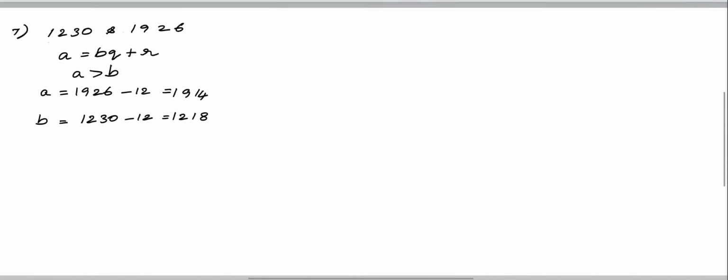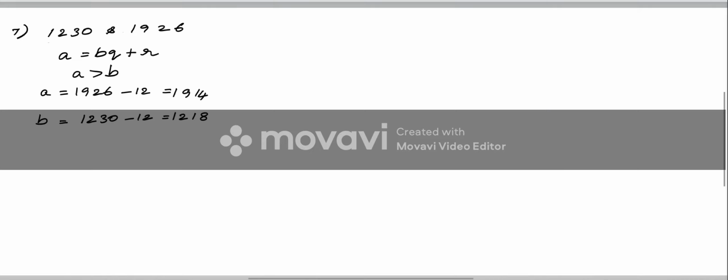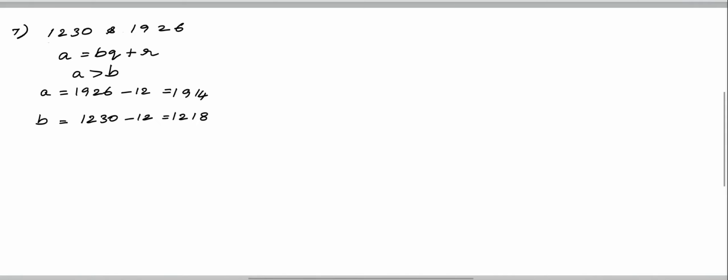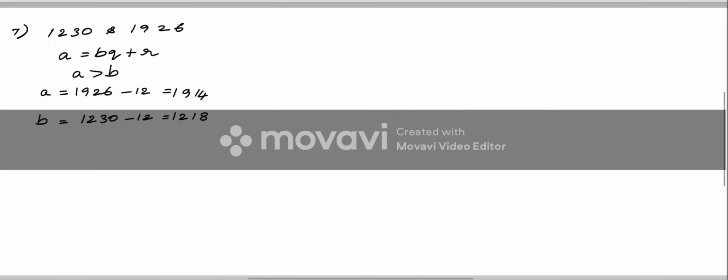Okay, and now you are asked to find the largest number which divides these two, that is HCF, highest common factor, or GCD. Okay, as previous one, the same thing can be done for your reference in the fact side itself. No need to take it to your rough work. It is a rough work, but it should be done in the fact. So here, what is your dividend? A is your dividend here, isn't it? 1914 divided by